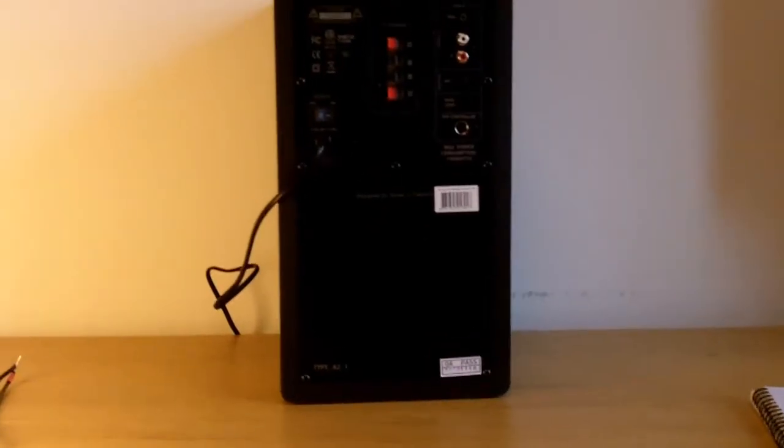Here we have the subwoofer. Now this is an active subwoofer with a passive radiator, which is supposed to prevent noisy cooling of the speaker. Inside this rather large box, you've got a 6.5-inch driver, which helps create deep bass. Now, if we can turn around the speaker to the back,